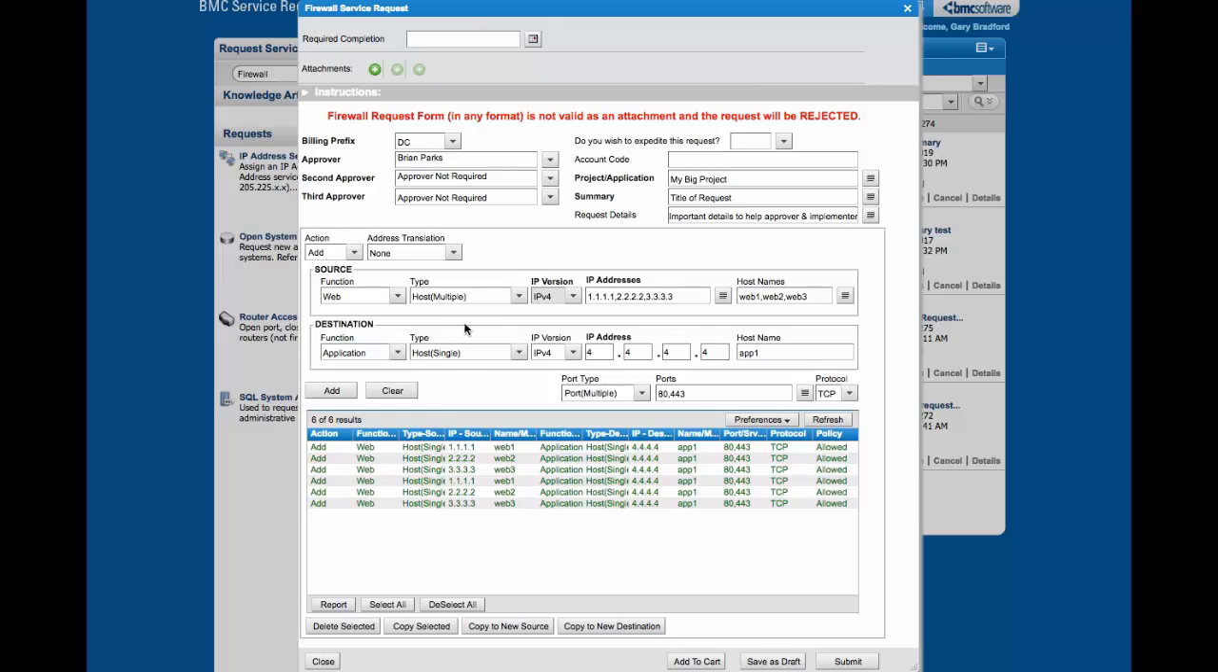Notice that the input data remains on the firewall rule input form. That is so you can easily add a second line that contains almost identical data. Let's assume I had a second app server that I forgot to enter. I'll just change the destination address to 5.5.5.5 and the host name to app2,